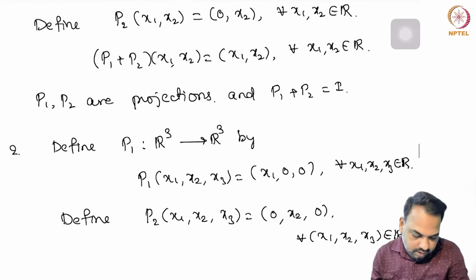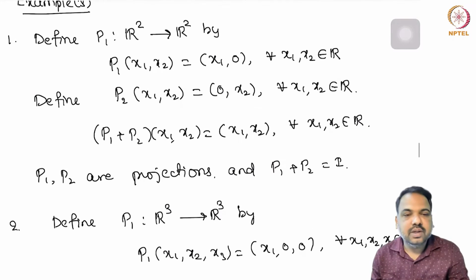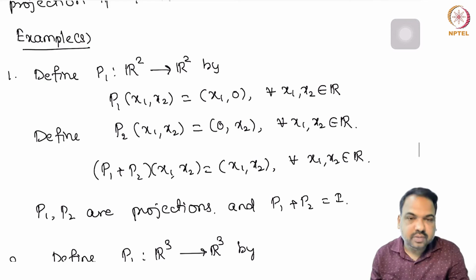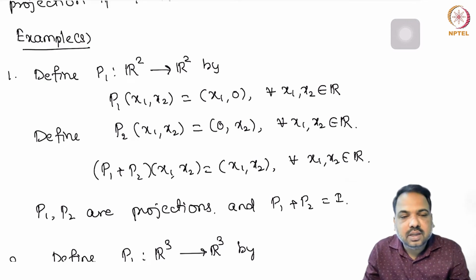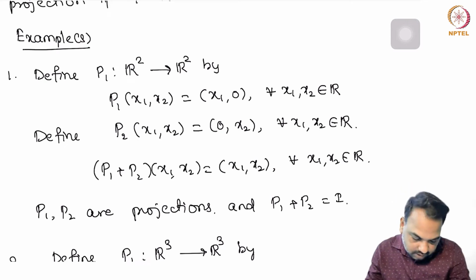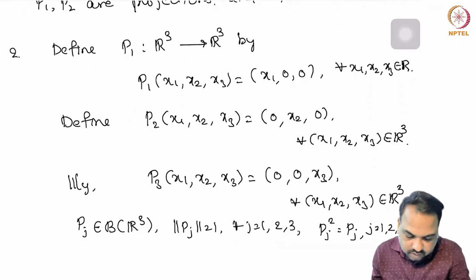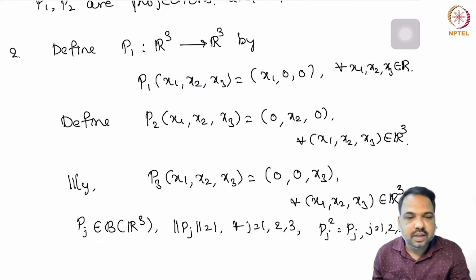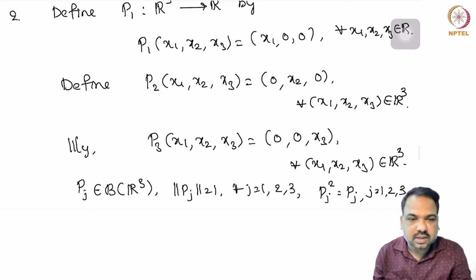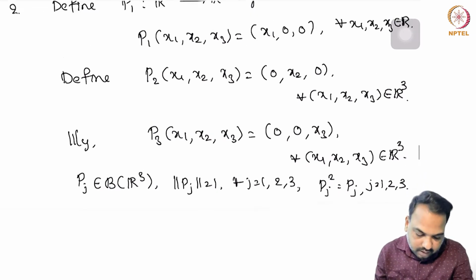Now if you look at these two examples, the range of P1 and the range of P2 are orthogonal to each other. In the first example, the range of P1 is the x-axis and the range of P2 is the y-axis. Similarly, in the second example, the range of P1 is the x-axis, the range of P2 is the y-axis, and the range of P3 is the z-axis. That means all the ranges are orthogonal to each other. And not only that,